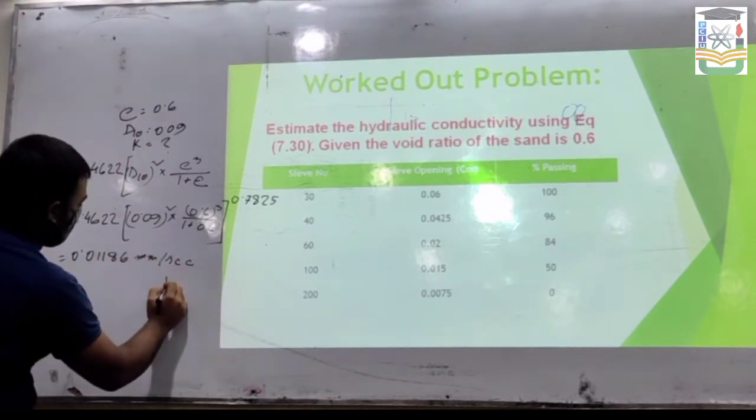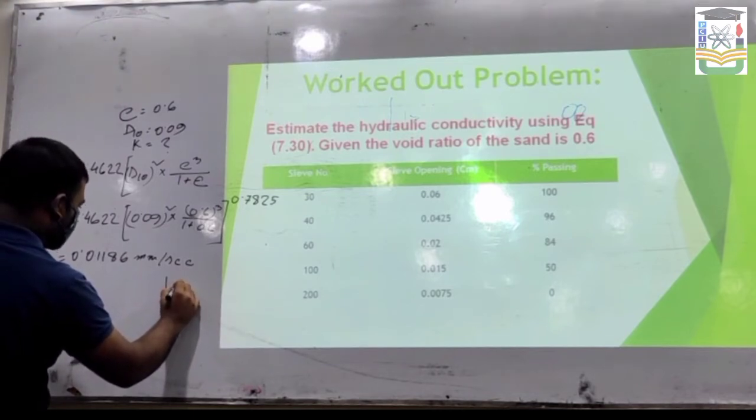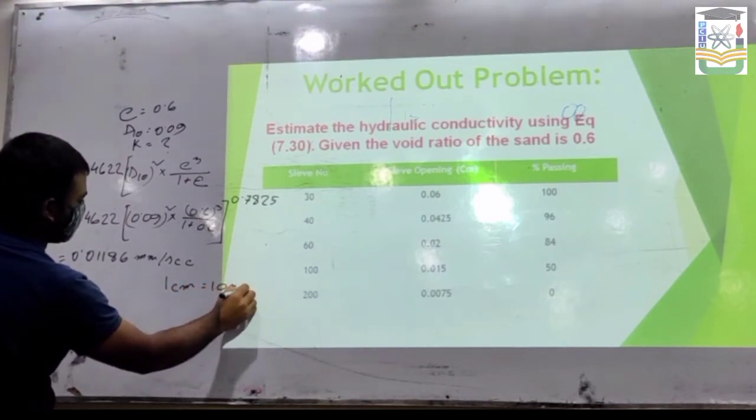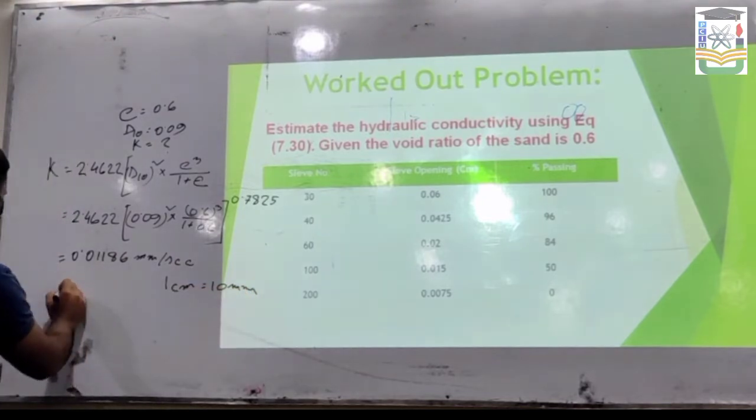We know 1 centimeter is equal to 10 millimeter. So the answer is